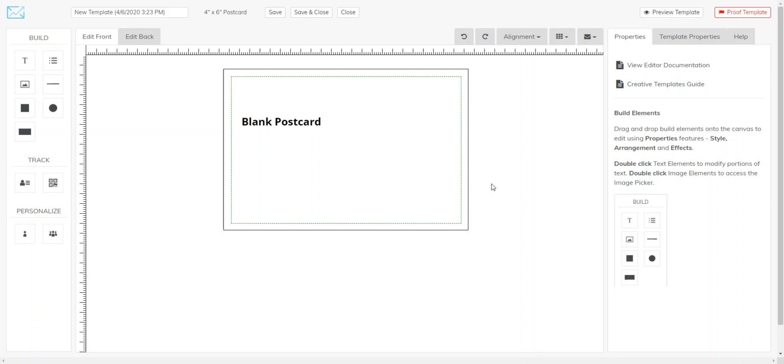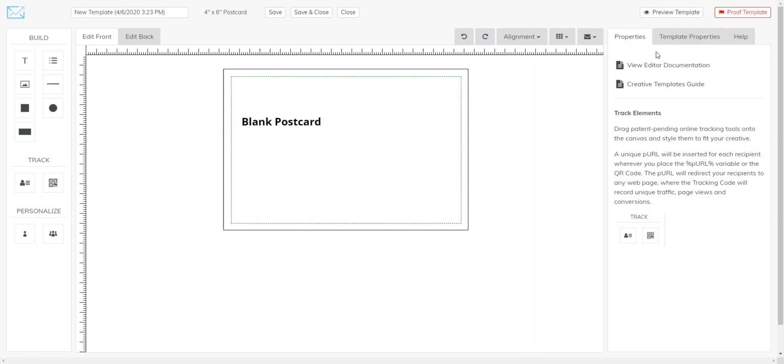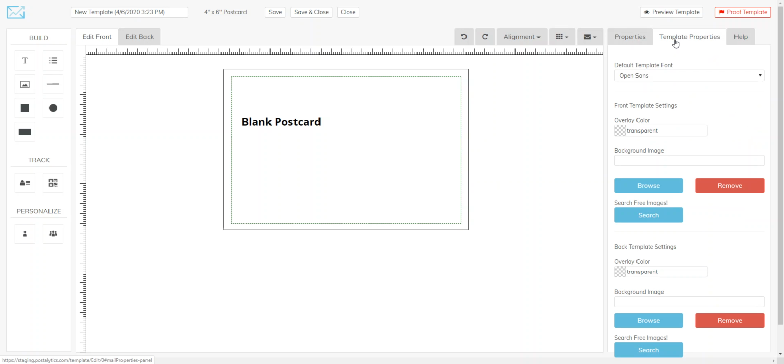Hi everyone, this quick hit video is designed to show you how to use the royalty-free high-resolution image feature built within the Postalytics editor. In order to access these royalty-free images from our partner Unsplash, you start by clicking on the template properties, and here in the background image section of the front template settings, we're going to click on